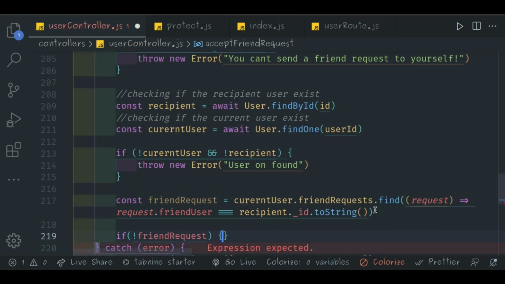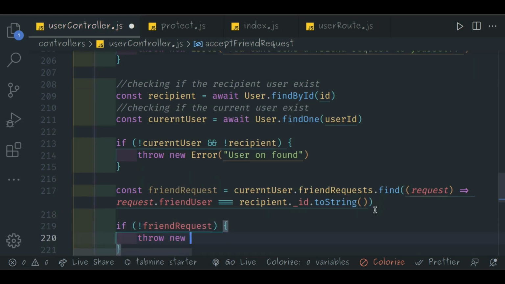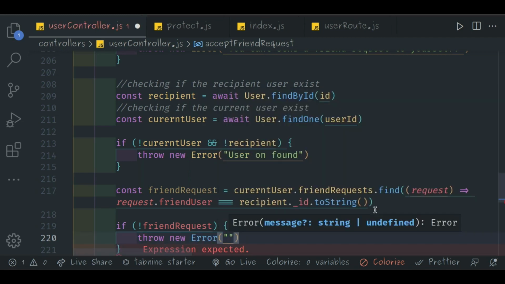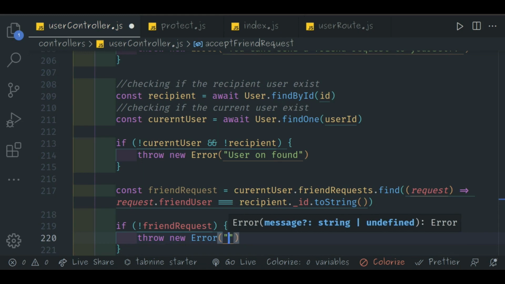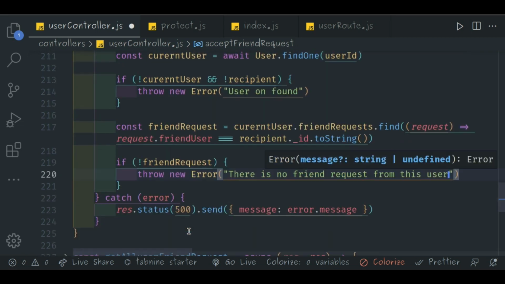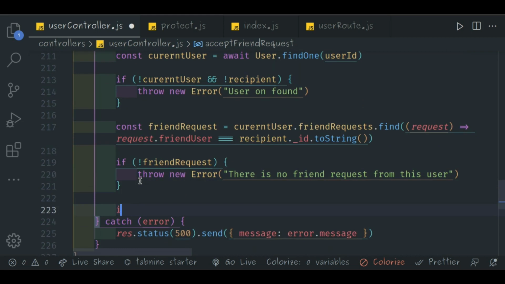what we want to do here is throw a new error that there is no friend request from this user, just like this. And first of all, here what you want to do is check also if they are already existing friends,